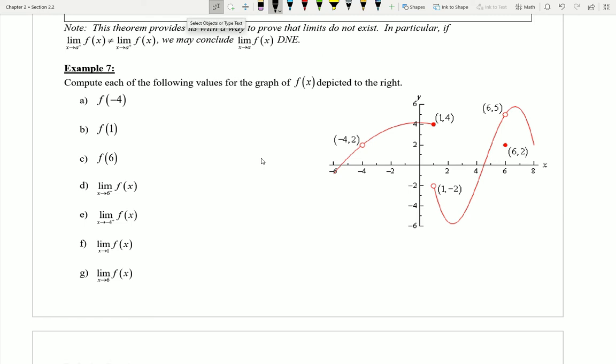So let's go ahead and take a look here at example number 7 and try to recap all of the ideas here. Now actually, what I'm going to suggest that you do right now is to pause this video and see if you can answer all of these questions, at least give them your best attempt. And then once you've finished answering them, you can unpause the video and see me